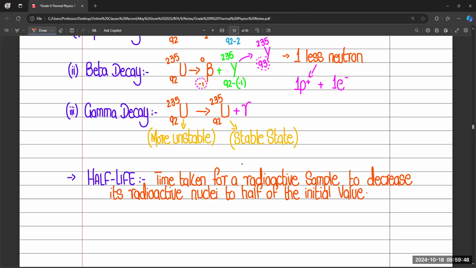So this definition is very simple. Half-life represents the time taken for a radioactive sample to decrease its radioactive nuclei to half of the initial value. For example,